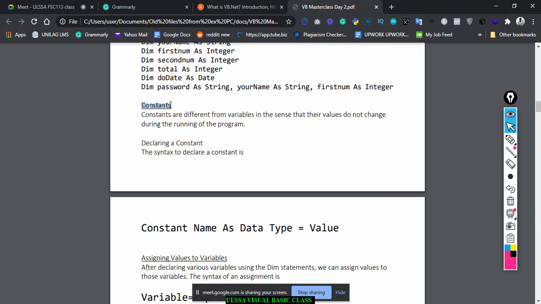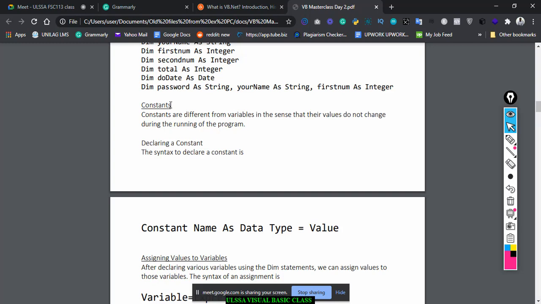So we have constants. It is not every time that the data you want to use in the program is a variable kind of data. Now, we have some constants. For example, in math, even in physics, we have a whole lot of constants, like the gravitational constant. We have, what do they call it, Hooke's law, F equals K e. The K there. I can't remember the name of that constant. So all these constants, all these things, they have their